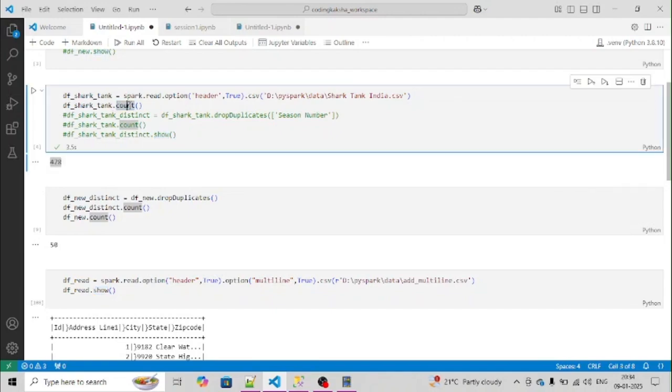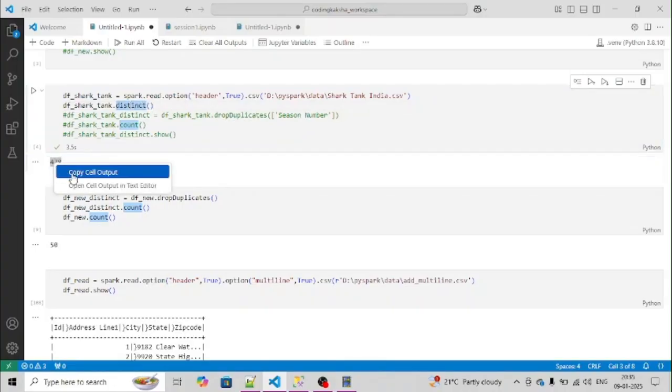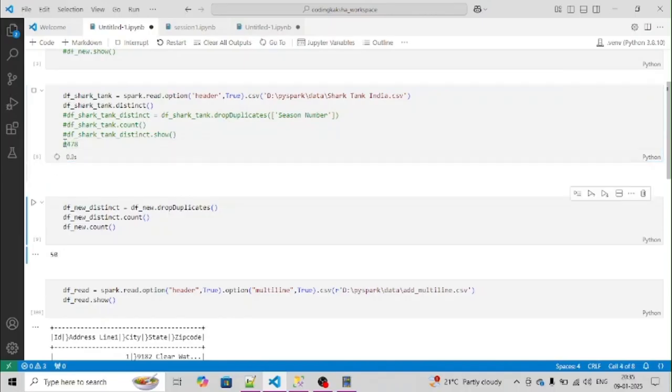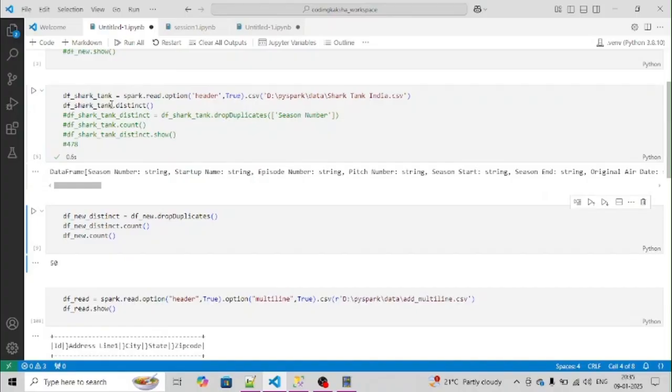If we use distinct, we get the distinct records. There might be a case where we have a duplicate issue. So we will copy the cell output and paste it over here for our reference, and we will look into the distinct records and try to print this.